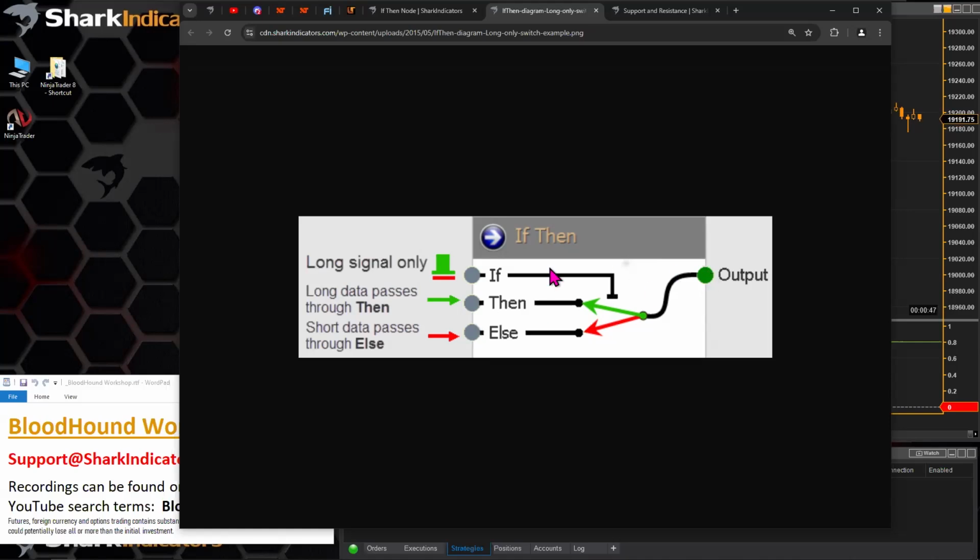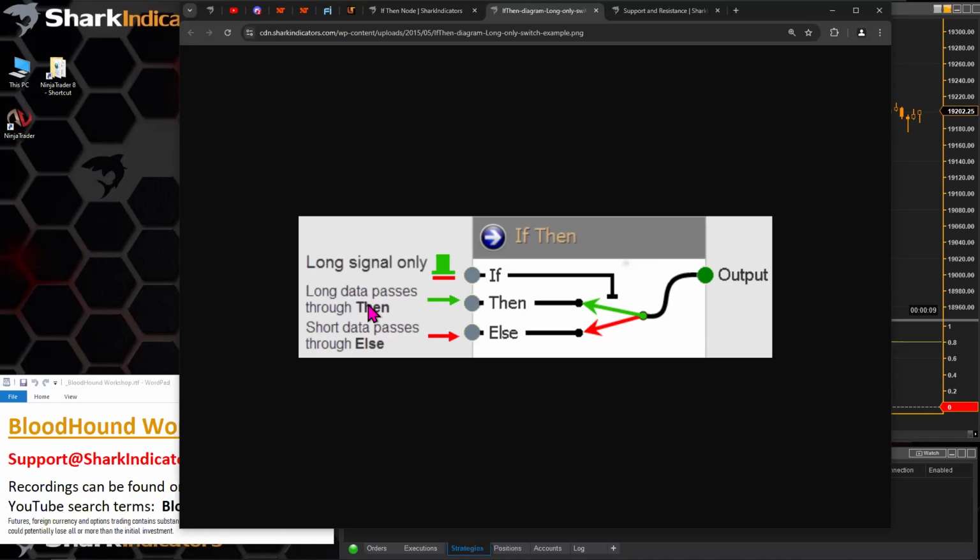You could effectively do the same thing with AND nodes and an inverter node, right? But this is just a lot cleaner. Yeah, on your logic board, it looks cleaner with this, but you could do the same thing with AND nodes as well, right? So